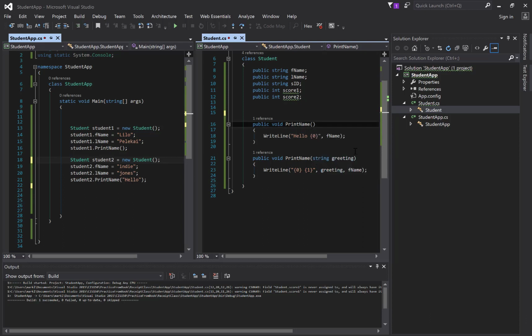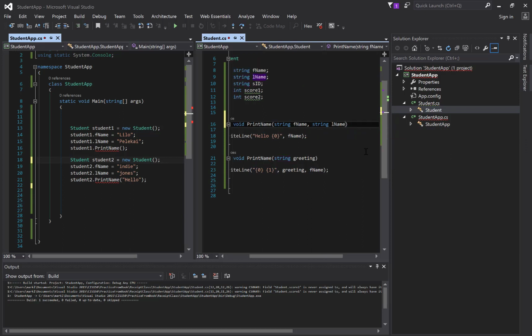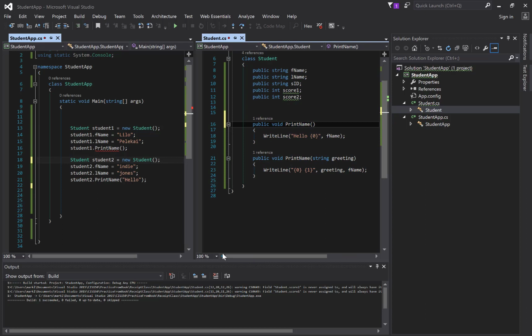Now, just to reiterate this point, I could not have a string and say first name, for example. Now I have a duplicate because both of these are expecting a string. So even in your mind, if you're thinking, yeah, but it's different information, well, the compiler doesn't know. It just knows that this one's looking for a string and this one's looking for a string, so that's a no-no. If on the other hand it's looking for two strings, last name, for example, then that is no longer a conflict because now this one is looking for two pieces of data and this is only looking for one string. But let's go back to where we were. And that was that this particular instance method was not wanting to receive anything. Okay,